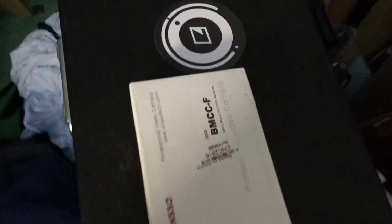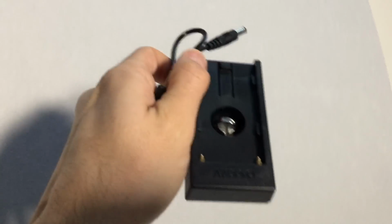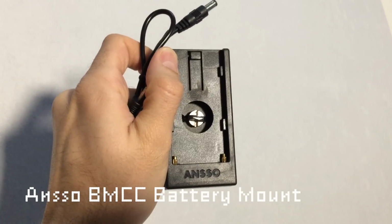So here. Oh, on that vinyl. That's not appropriate. Yeah, here, I'm gonna put it here. So, took one hand to this. Ta-da! This is an Ansso Blackmagic Pocket Cinema Camera